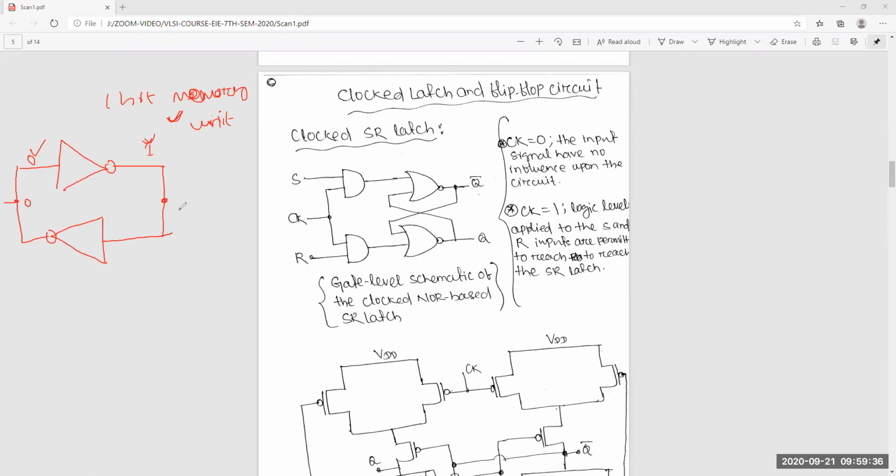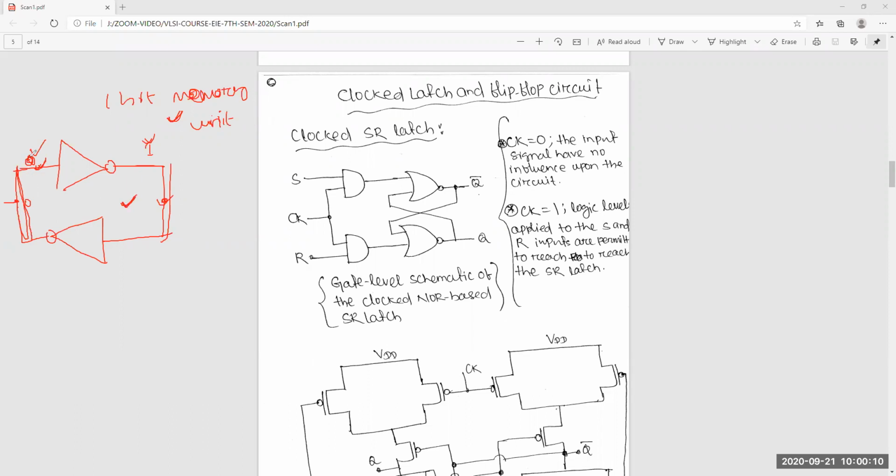But the problem is, if you want to change the state, suppose it is at 0 and you want to change this value to 1, there is no access point. The output is connected to the input, and there is no separate control to change it. So we will not modify this.